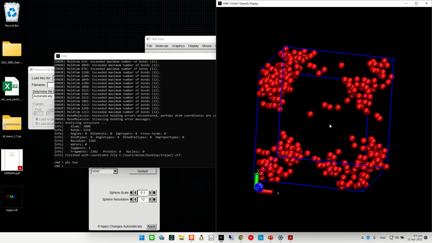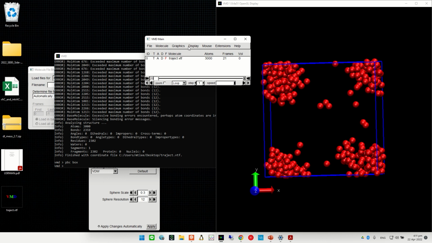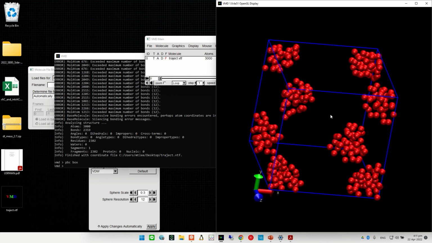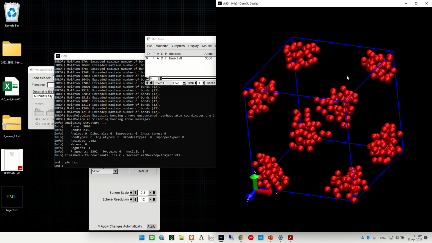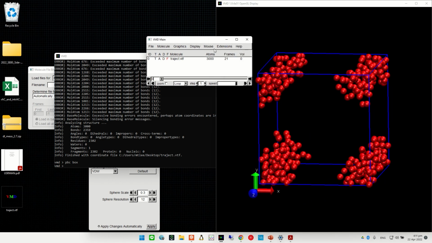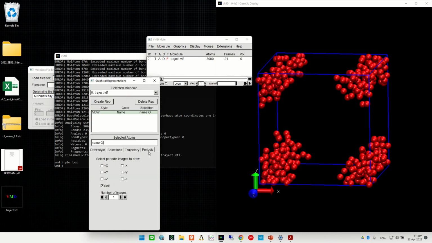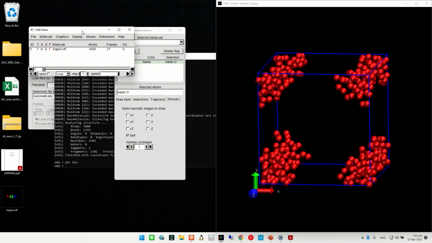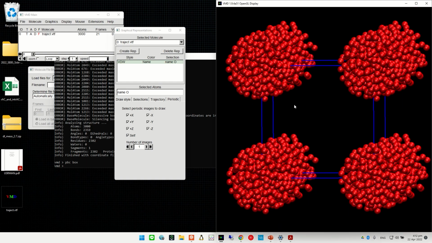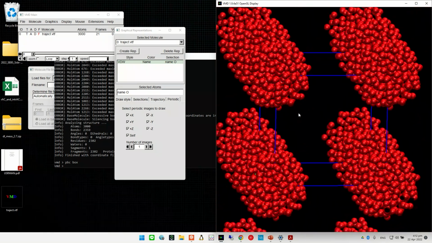Remember, we have a periodic boundary condition. So when we run the simulation, the particles actually dissolve. But when we draw the first frame, you see, I have a particle on the edge of the cubic box. That means when I do the replication, can I do this? Yeah, I probably can do this. Trajectory, periodic. Okay. When I call out the minimal image here, see, this is the sphere. We are generating the sphere in the simulation box.